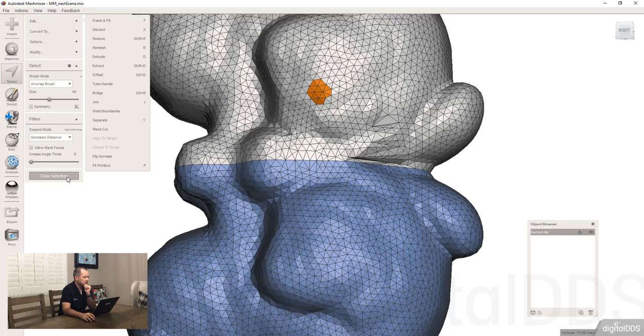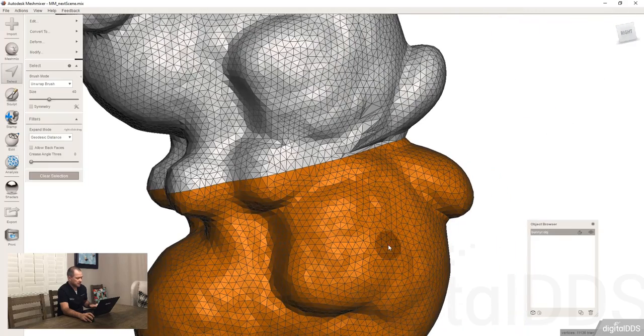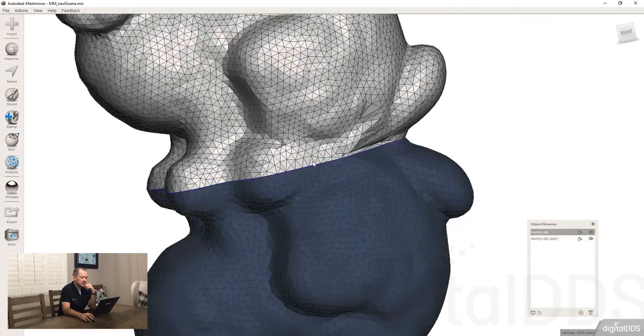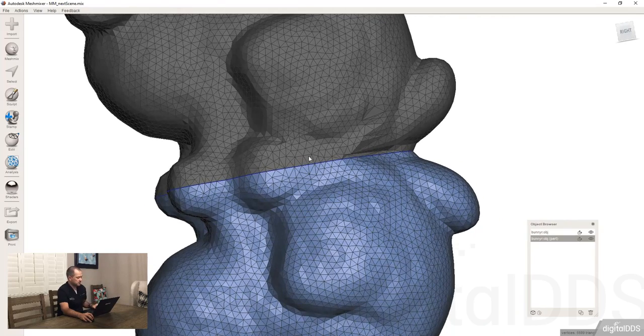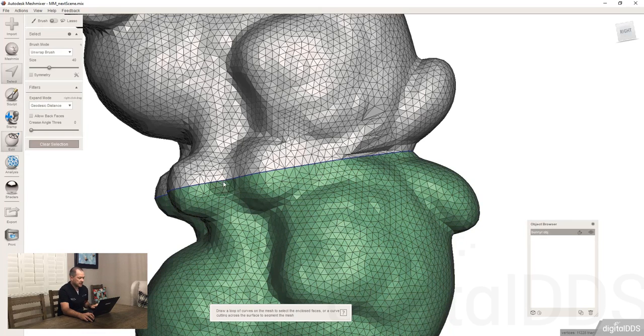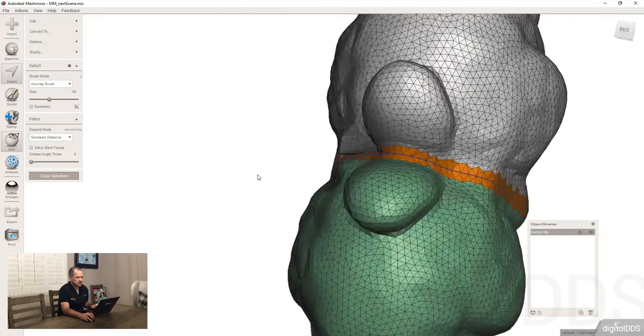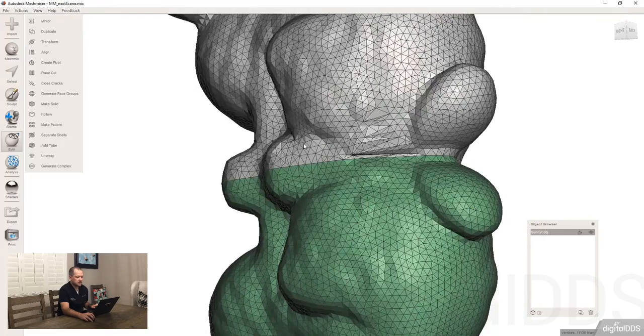And so let me just show you a couple things. Welding boundaries, the triangles have to be right there and just not connected. For example, if I double click on this to select that face group and hit Y to separate them, see how these are separate, but the triangles are just right there, okay? I can click like this, combine these two, so now they're on the same STL, and I can take this selection right here and go through here and weld the boundaries, hit accept, and you can see that now they're